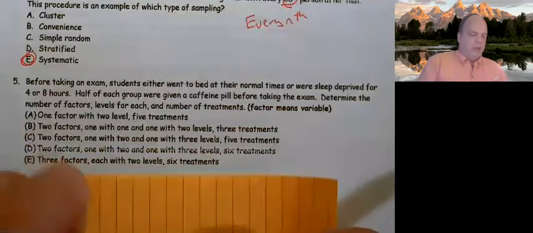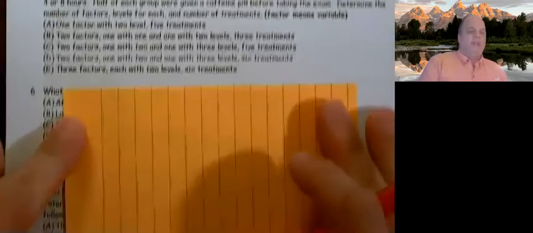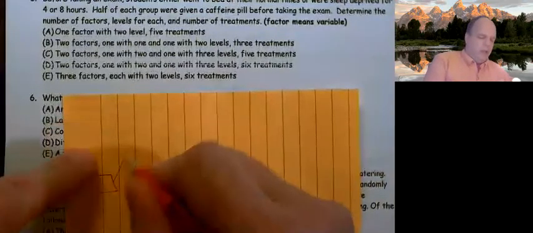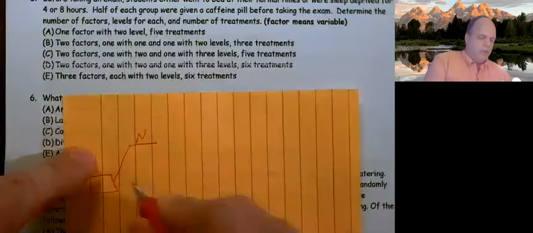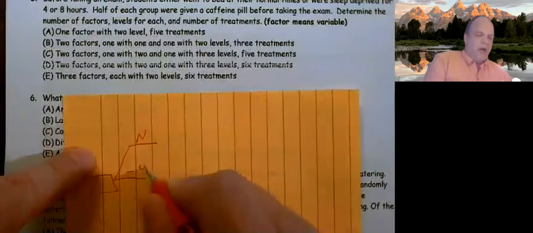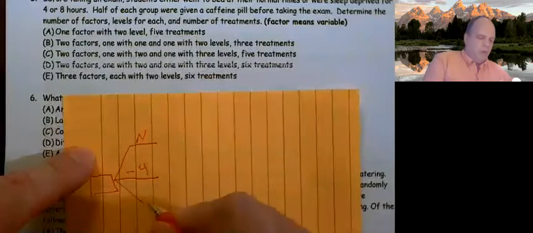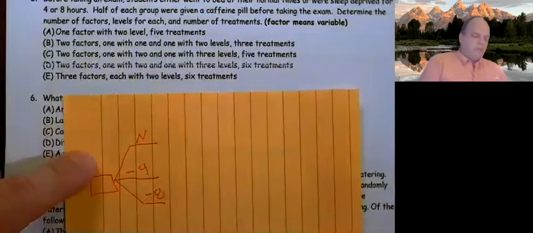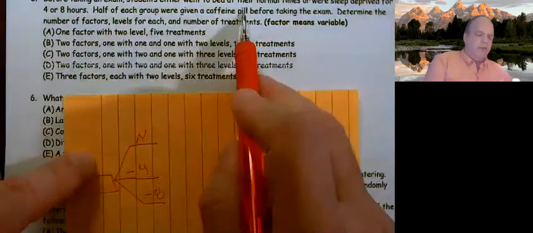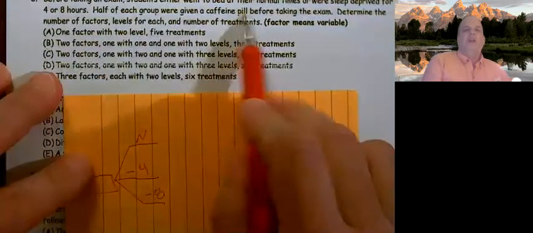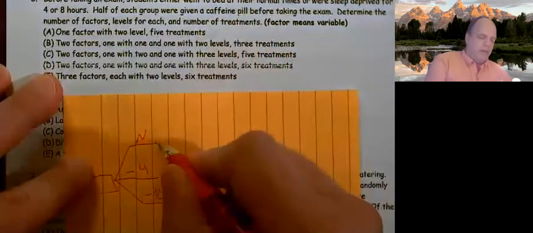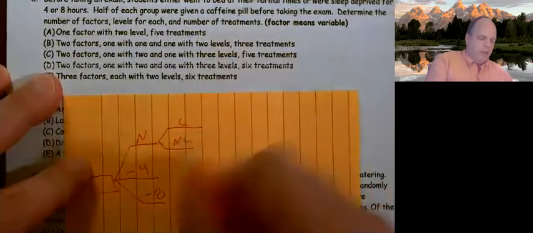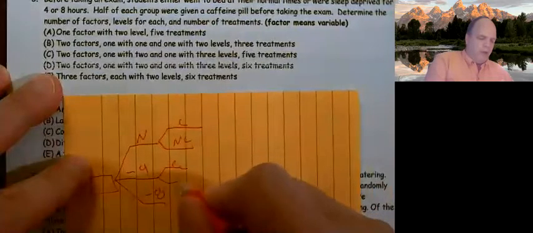So I'm going to diagram this real quickly. Basically, we have students. I'm going to draw a box for the students, and either they got normal sleep, minus 4 hours sleep, or minus 8 hours of sleep. And then they were either given a caffeine pill before the exam, and half were, and half were not. So we have caffeine, no caffeine, caffeine, no caffeine,